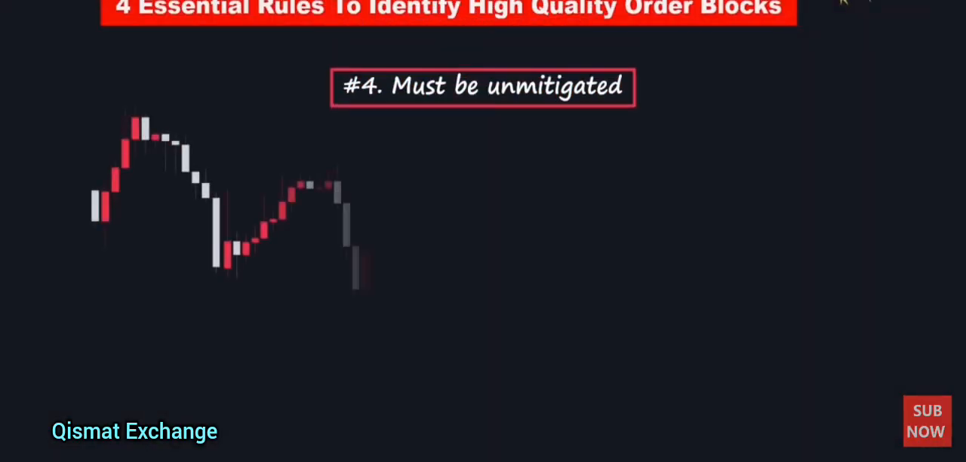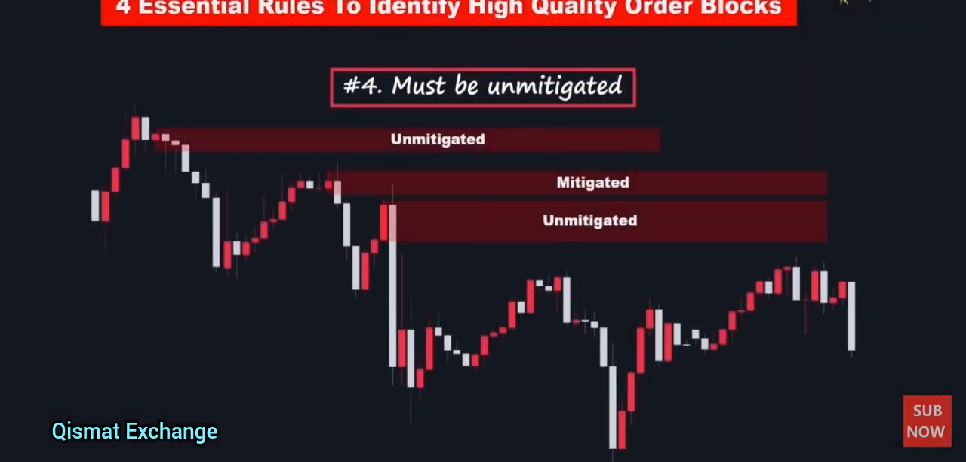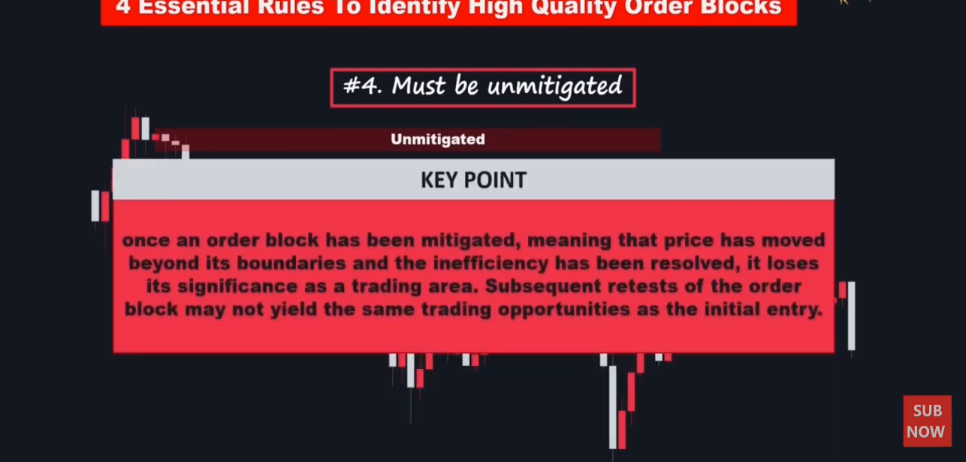Rule number 4. It must be unmitigated. Order blocks are considered one-time use, meaning we focus on the trading opportunity when price first enters an order block. Once an order block has been mitigated, we do not consider it as an area of interest for future trading. Because once an order block has been mitigated, meaning that price has moved beyond its boundaries and the inefficiency has been resolved,